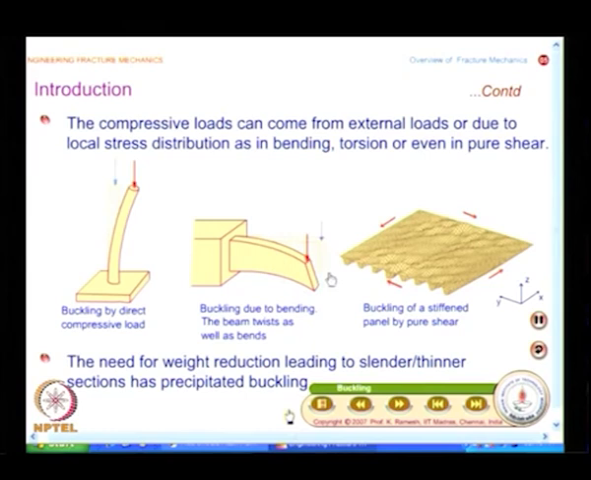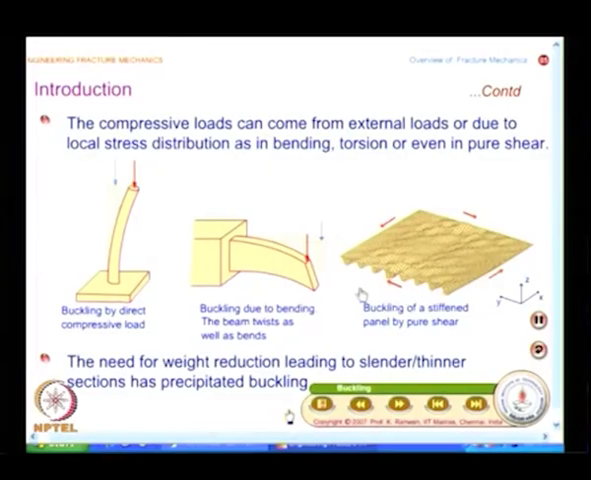And in the case of beam buckling, what you find here is the beam bends as well as twists, and you all know in the case of bending you have a tension side and a compression side. If you have a thin web, it can buckle also. So, buckling can be precipitated by bending, and the third example shows buckling precipitated by shear, and from your strength of materials you all know a pure shear state can be thought of as a combination of tension and compression. So, what you will have to look at is that any thin structure subjected to compressive load can buckle,